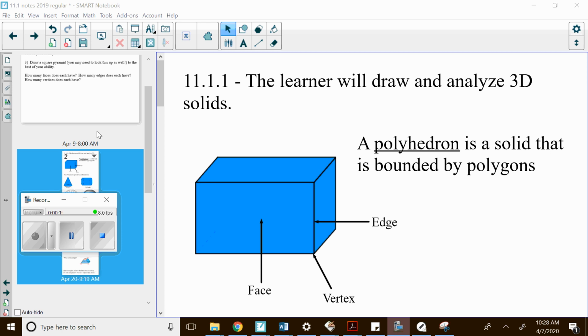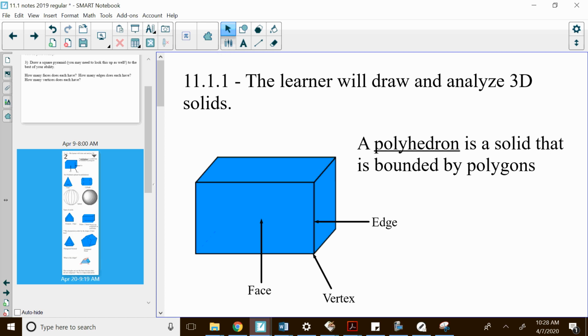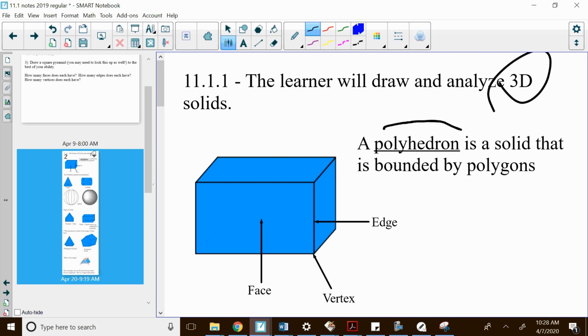This is different than the rest of the year. We've been in two-dimensional territory basically the whole year, aside from really chapter 1 and 2 and a little 3. Lines are only one dimension and points are no dimension. But we're in 3D here, which means we're going to see a connection of two-dimensional shapes that take up space in our three-dimensional world. So we're going to draw and analyze three-dimensional solids, starting with the definition of what a